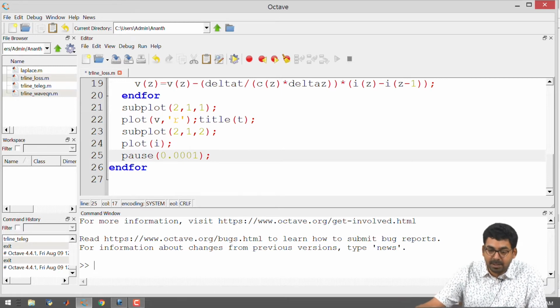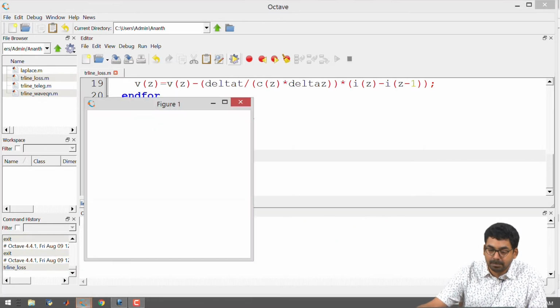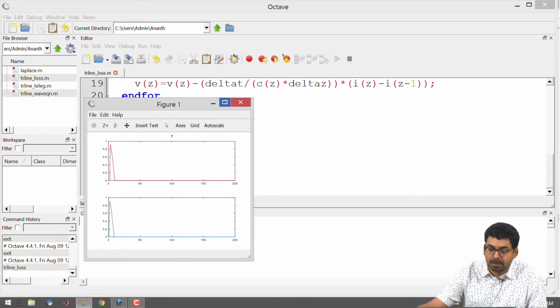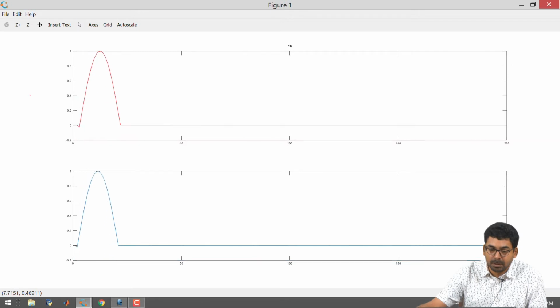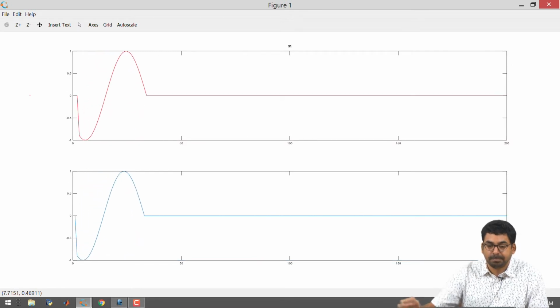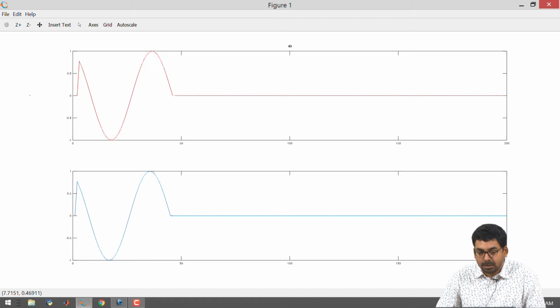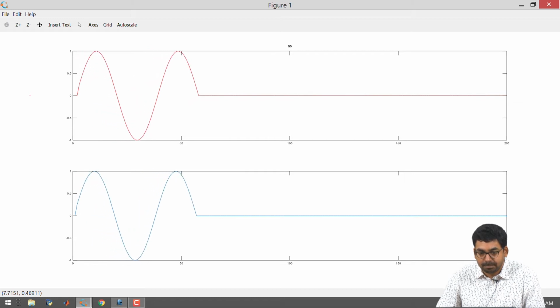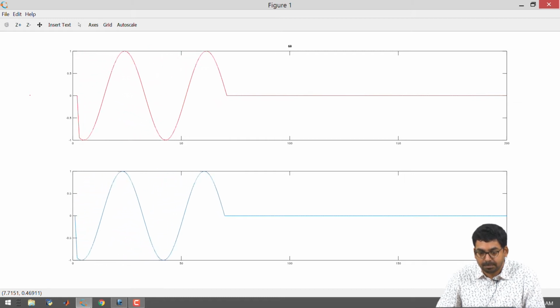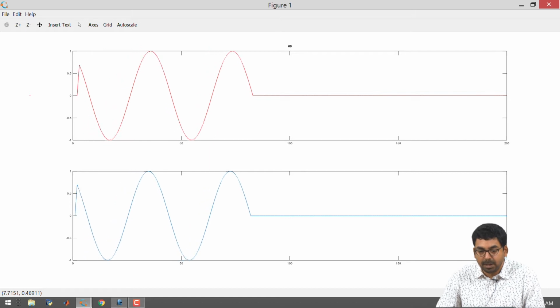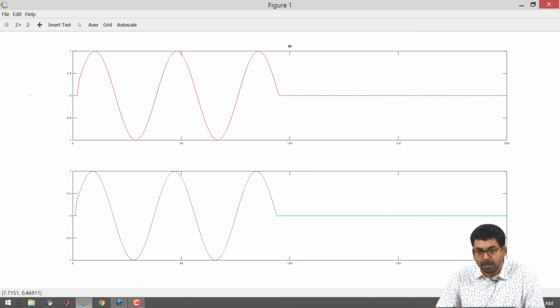I will quickly save this and run to make sure that there are no big errors. I am having voltage on the top, current at the bottom, right.